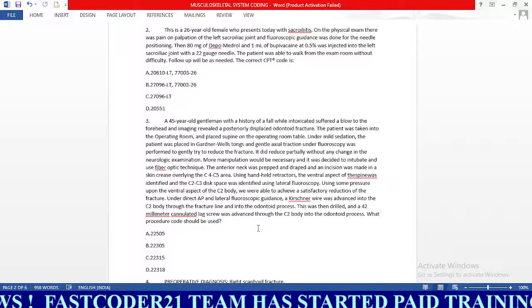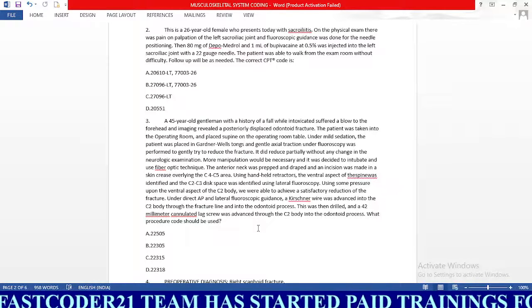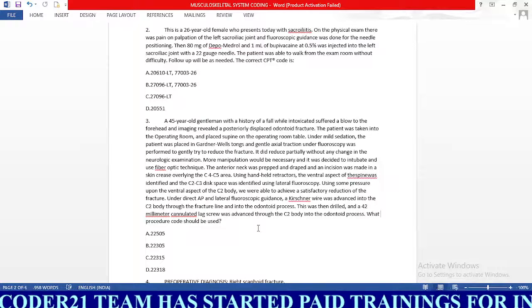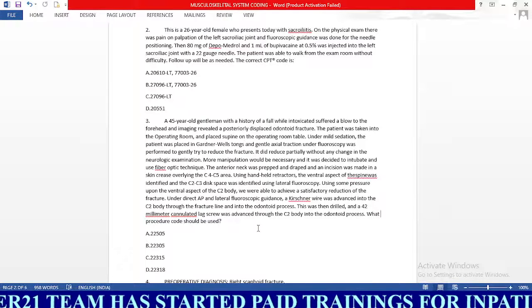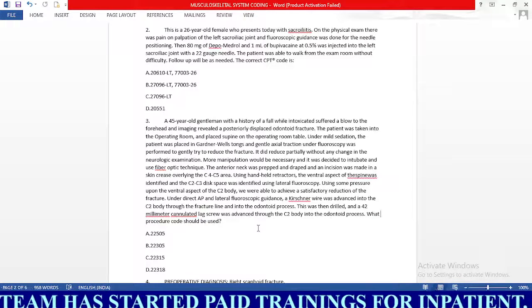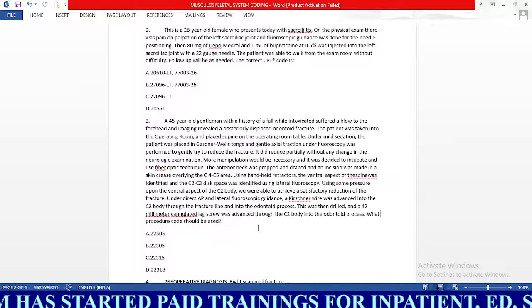So basically, 22305 is for where is this? I can't find that also. I think my book is old. I can't find that one. So we will check